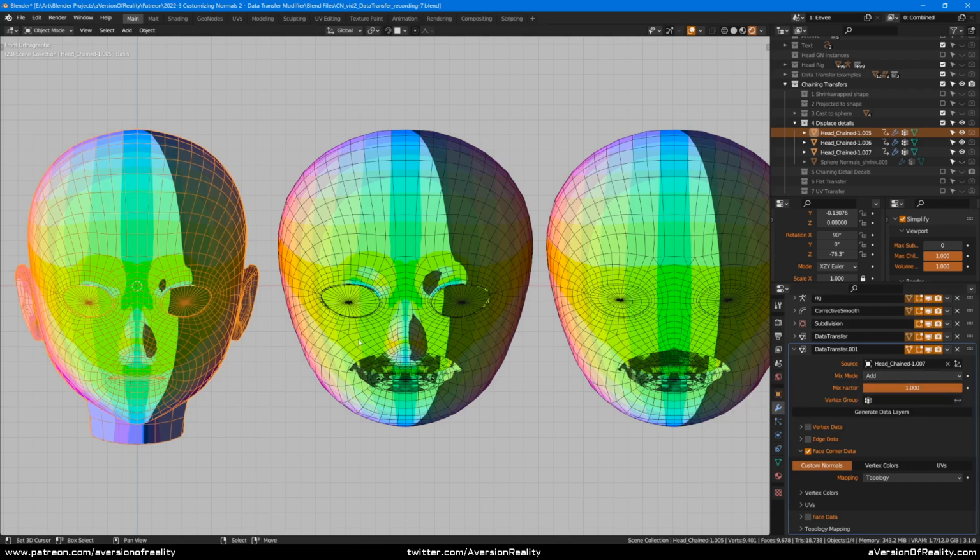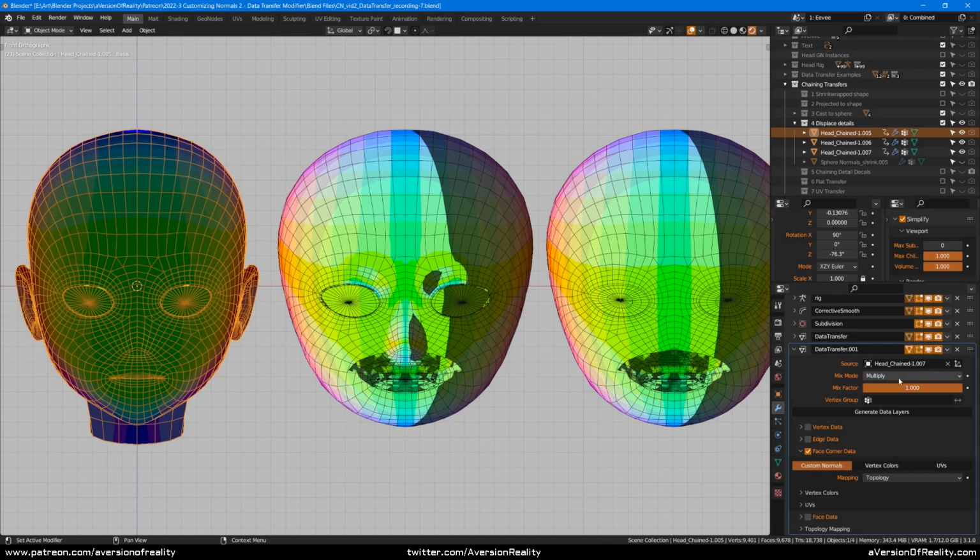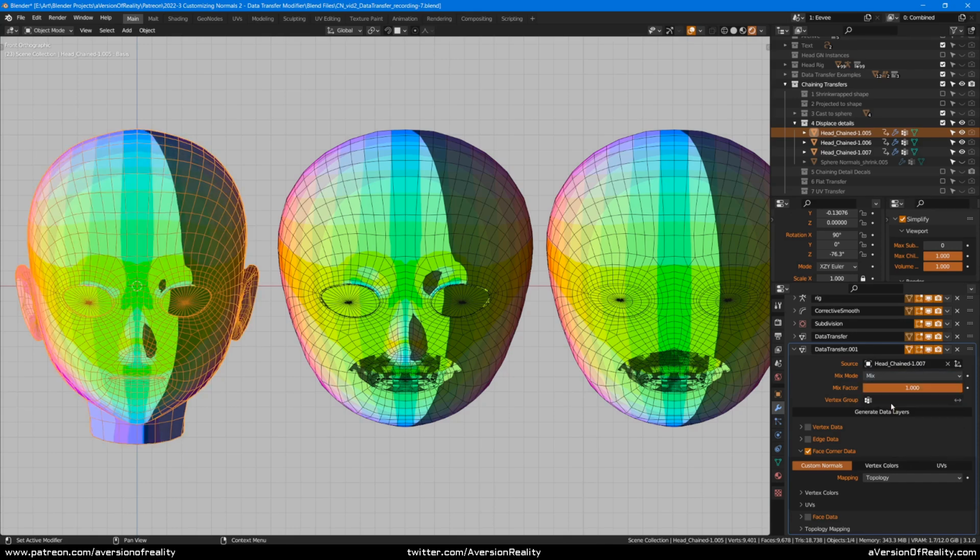You don't normally add normals together in a way like this. There's lots of math we can do to combine normals in different ways, but just adding or subtracting or multiplying them is not really one of the useful ones. And that mix mode, it's actually just adding. So replace already is mixed for normals. You have a factor between two things. So for whatever reason, when you do mix, it's just giving you the same behavior as add.